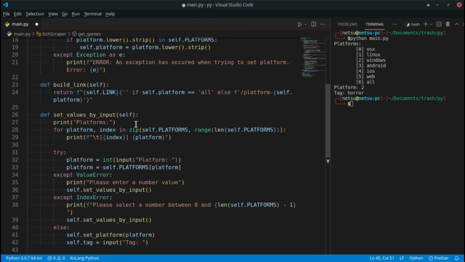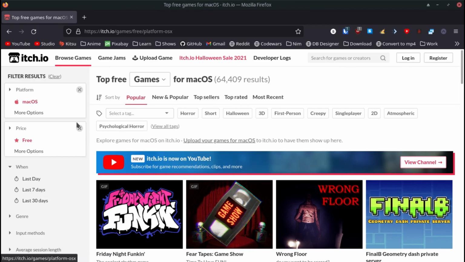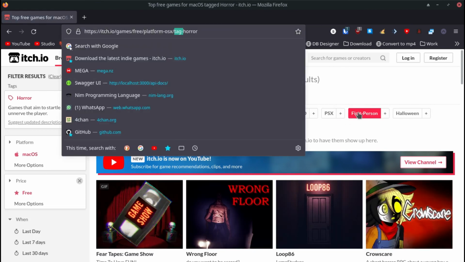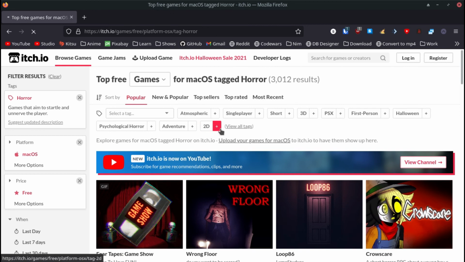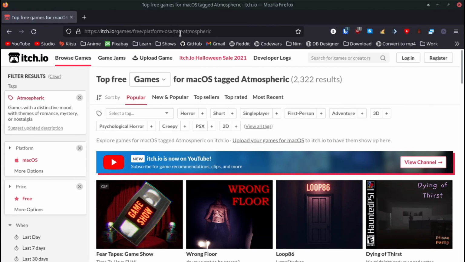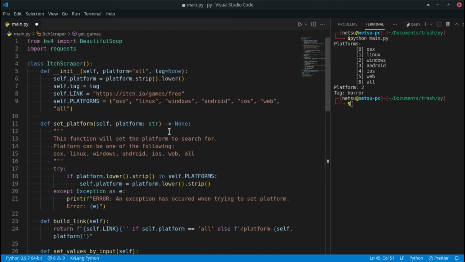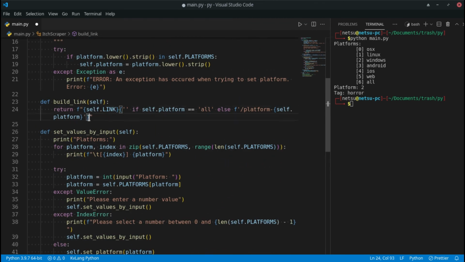How do we know what tag is going to be selected? Because we go here, and let's say we select horror. Then we get tag-horror. If we select atmospheric, tag-atmospheric. Okay, that means it would be as simple as going to here, and just saying,